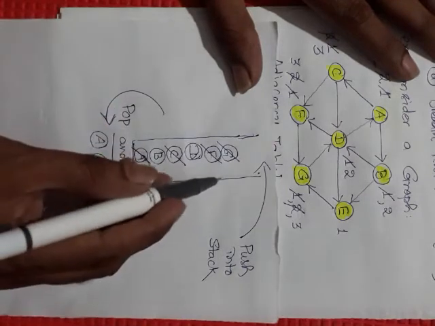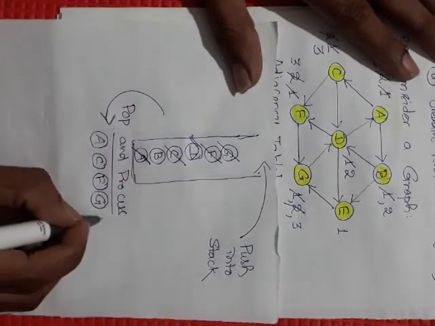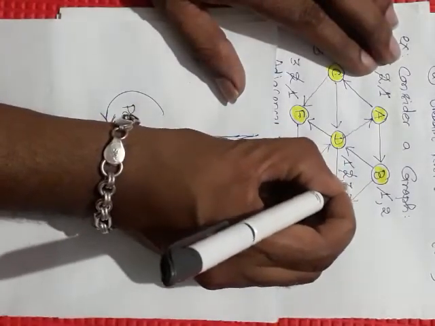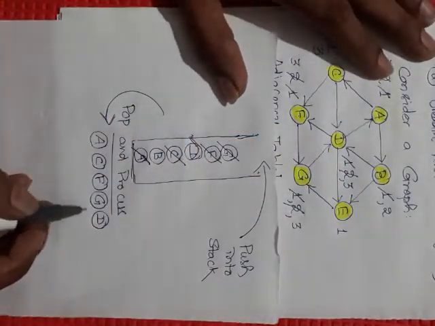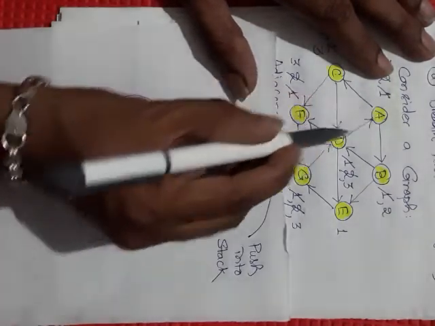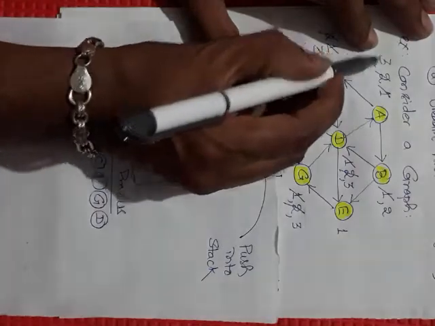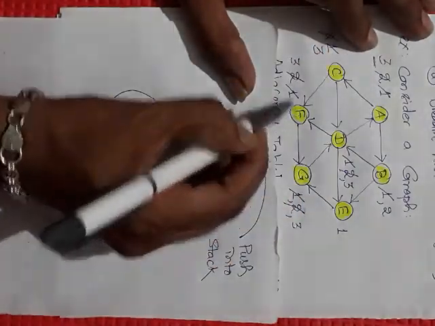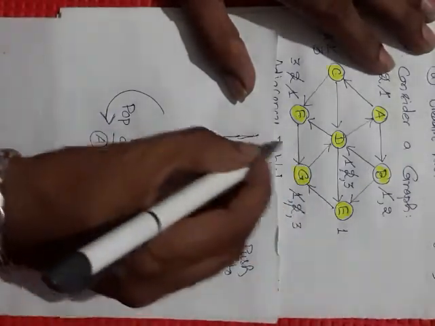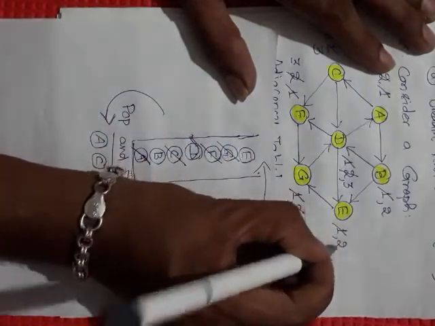Again take out the next node from the stack. In the stack, what is the next node we can see? That is node D. Node D we can pop out and process it. After processing, what is the adjacent of D? If you observe, there are 3 outgoing edges, to A, to F and to E. A is already processed, its status is 3. F is also already processed, but E is in the ready state. So that node will be pushed into the stack and made to waiting state.